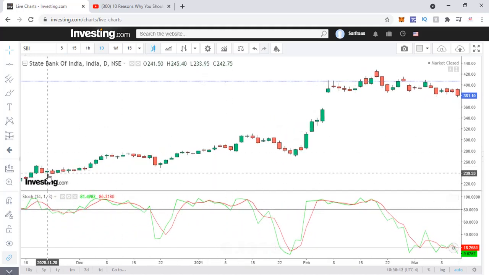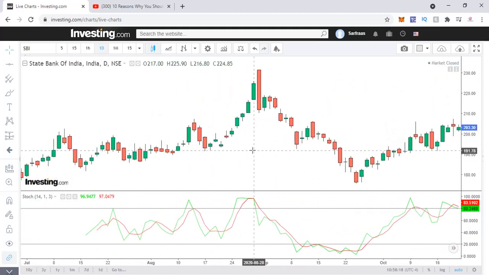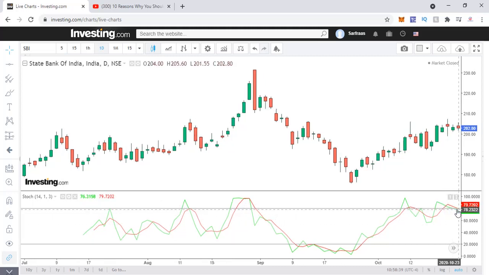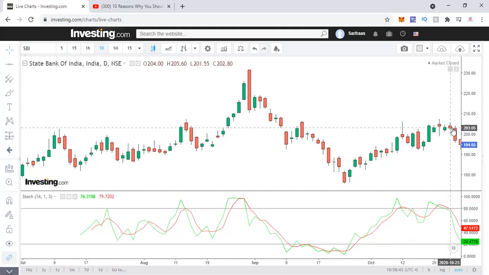Okay, so let's say supposing we have started over here. You can see the stochastic is, we don't know actually, so we'll move to this end of the screen because we don't know what is happening over here. Here you can see that the stochastic is in the oversold zone, so probably you might see a bit of a rally or it moving down. So when there's a negative crossover over here, that means there'll be a small negative movement. You see over here it's negative.